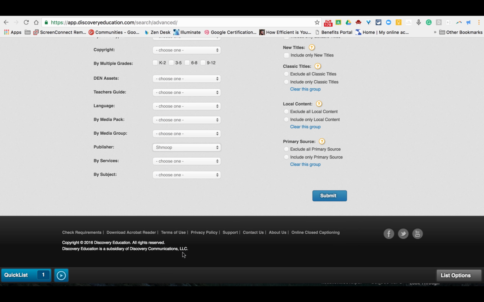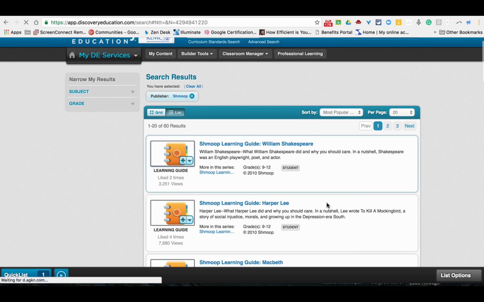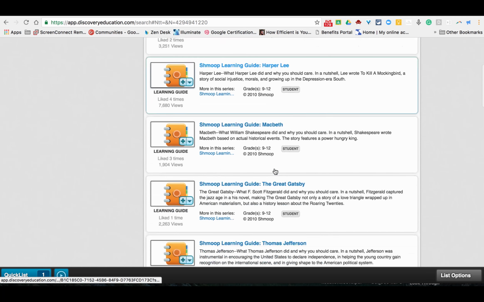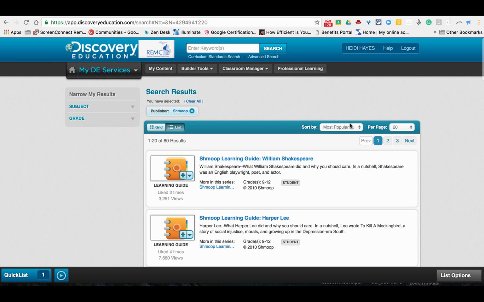And this is going to be more for high school. This would be like Cliff Notes. So a learning guide here for William Shakespeare, Harper Lee, Macbeth. And you can sort by different things as well, and you can do subjects here. And again, if you want to save these, you can do it as a quick list, or you can add